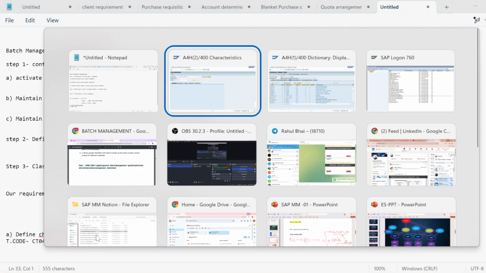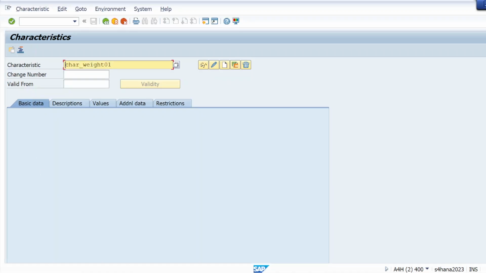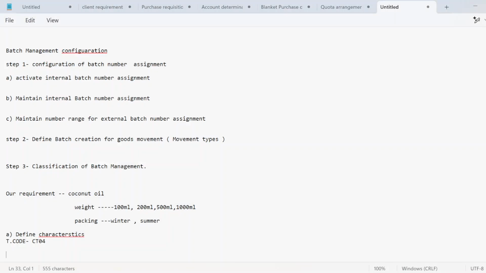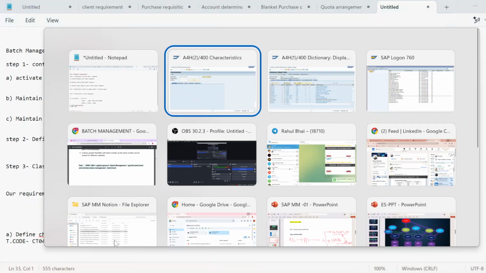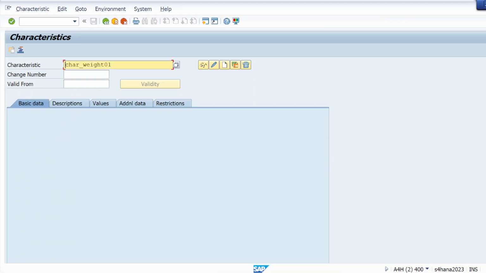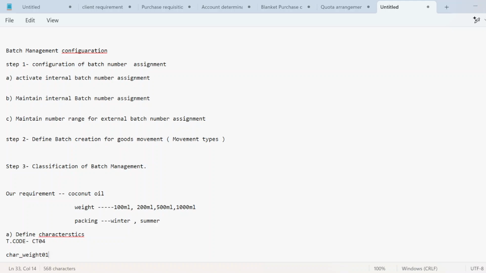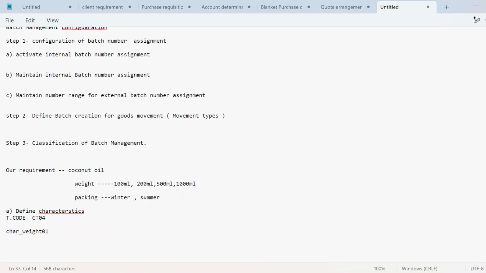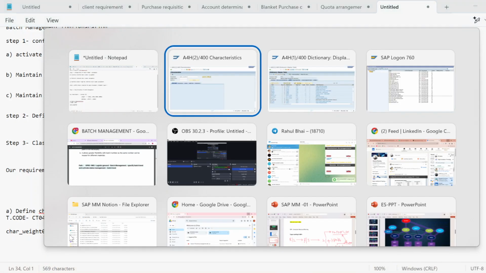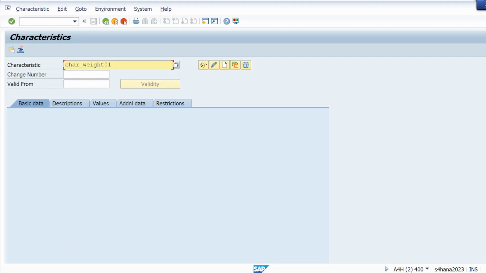So let me use T code CT04, and two characteristics I'm creating. One is characteristics underscore weight 01. You can take anything, it's totally fine. And another characteristic let me create for packing, but let me create first for that weight.